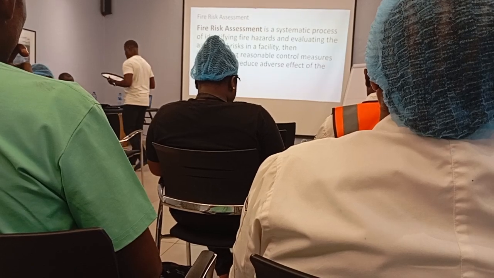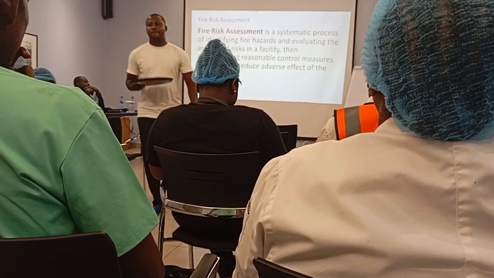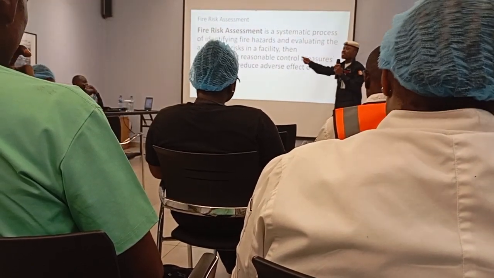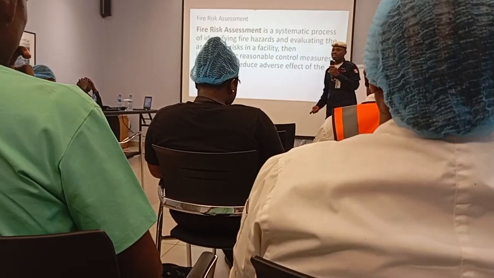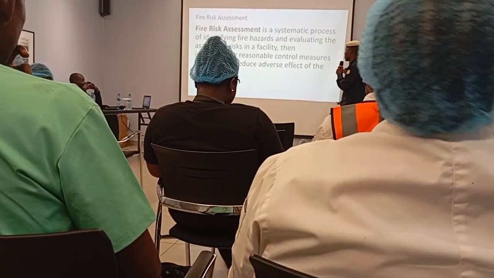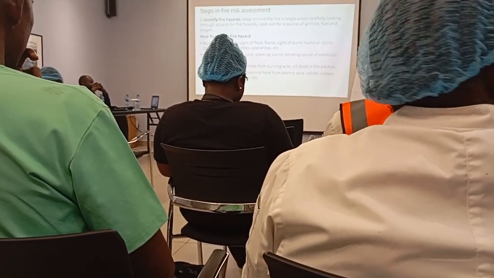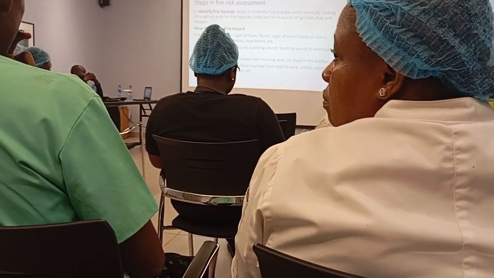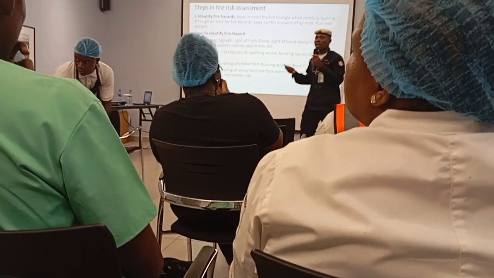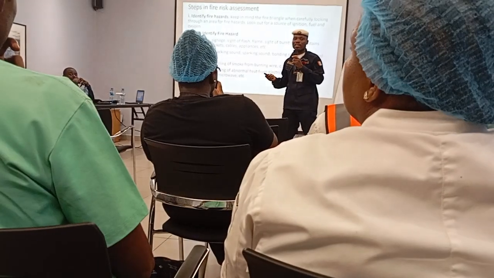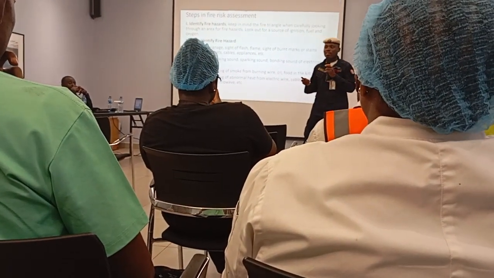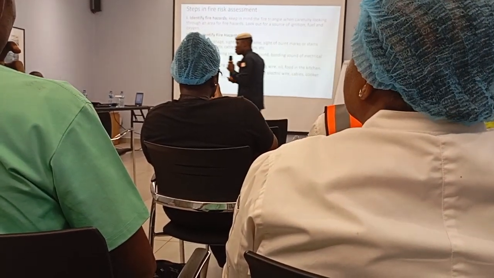Do we understand? Fires occur when you allow the fire hazards to remain there unchecked. It snowballs into something bigger. What is a hazard? A hazard is anything that has the potential to cause harm. Do we understand? Anything that, for example, in your house,